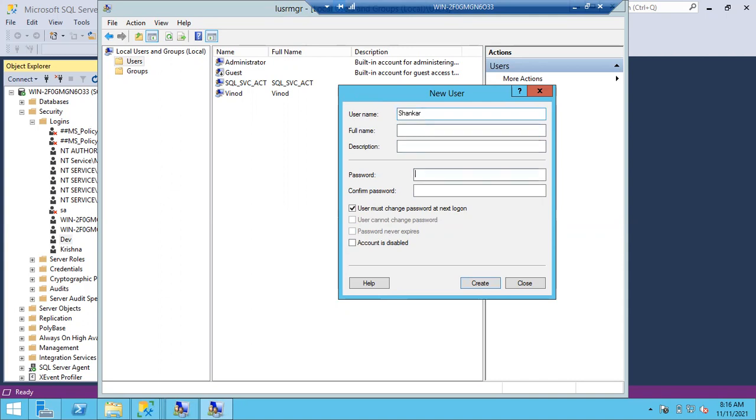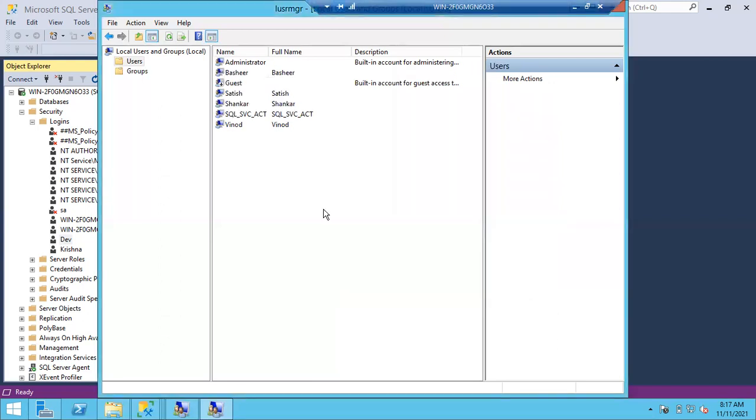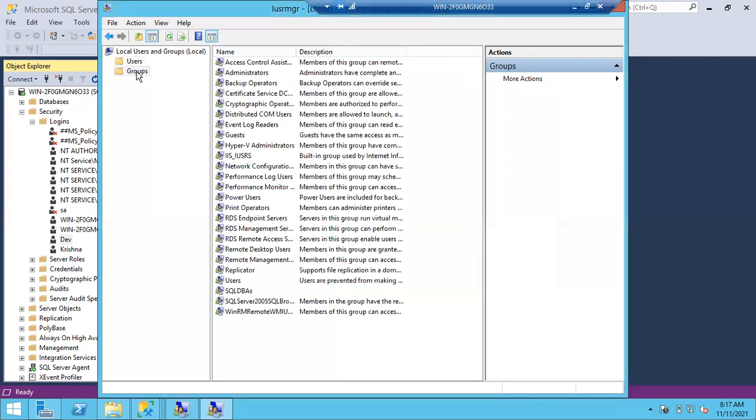Shankar. Right now I just created 3 users. Now you can see a lot of users are there, right? Satish, Shankar, Bashir.